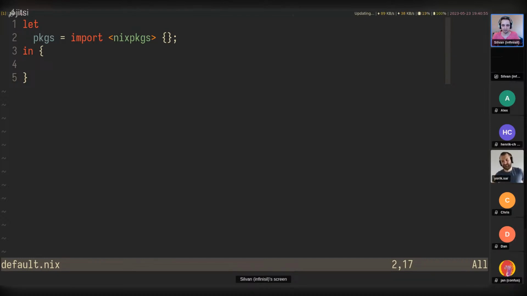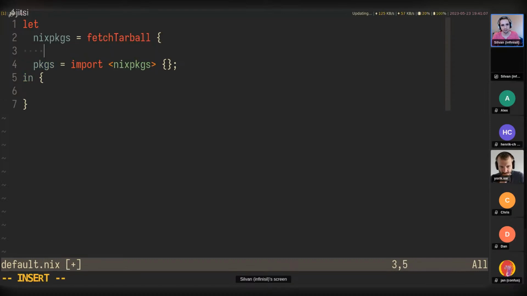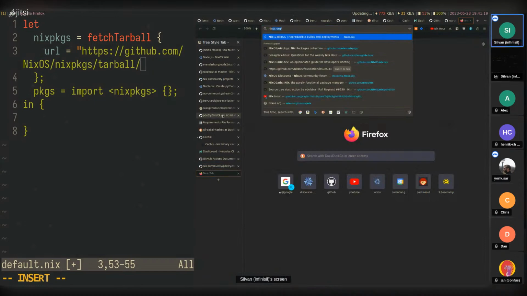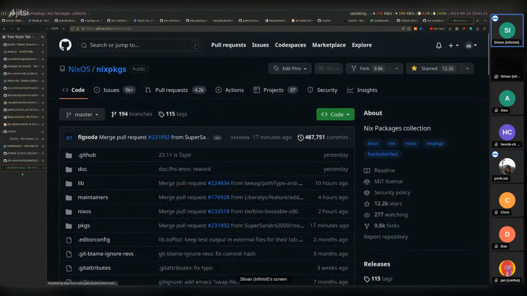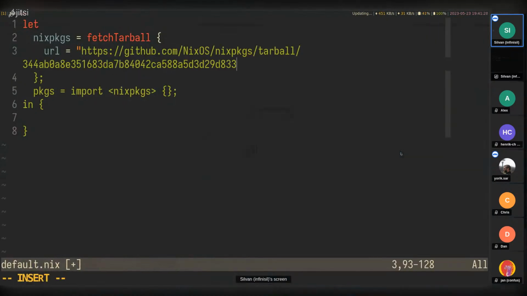But there's no really good way to detect this. Okay, let me pin nix-pkgs in here. So I'm going to say, well, let me not fetch it from my Nix path. Let me instead get it from a fetchTarball. I'm going to do a URL and then something like the GitHub nix-pkgs tarball, and I would probably go into nix-pkgs here and get the latest commit, or look it up in a channel or somewhere.